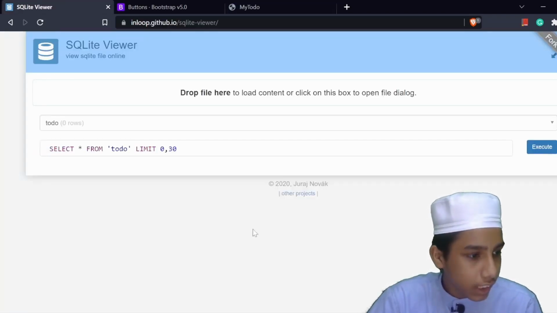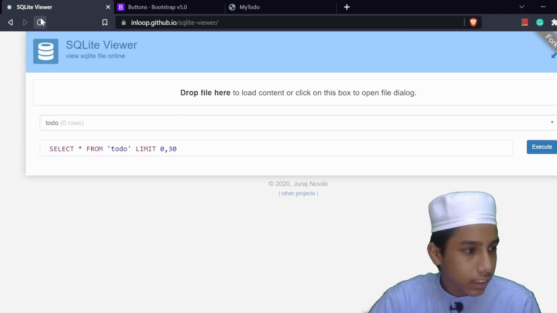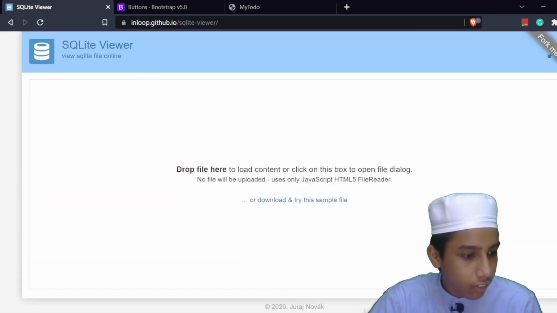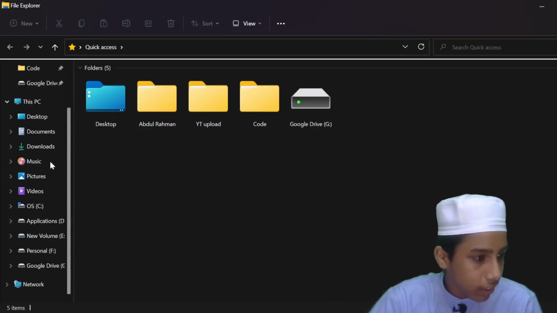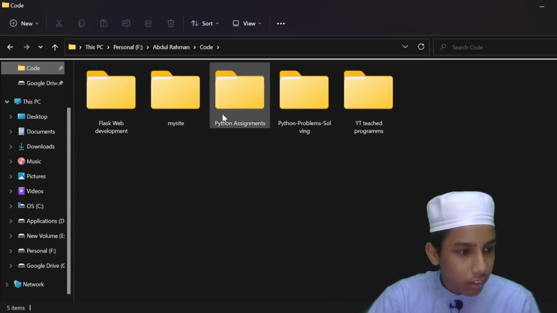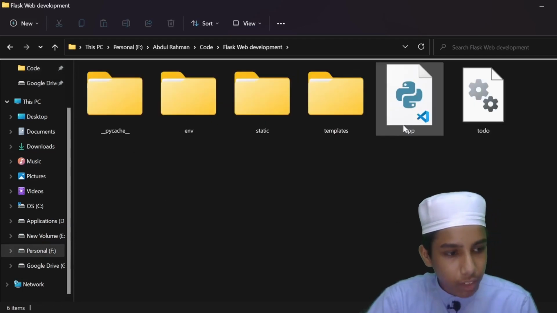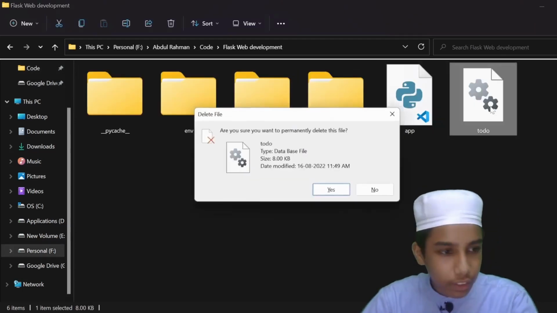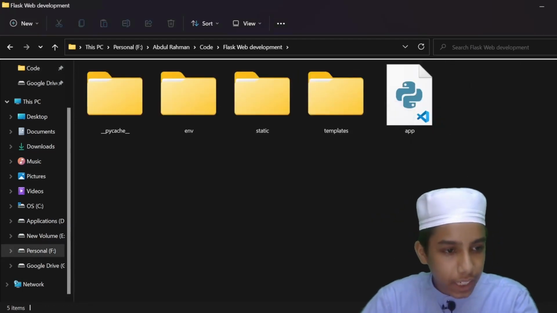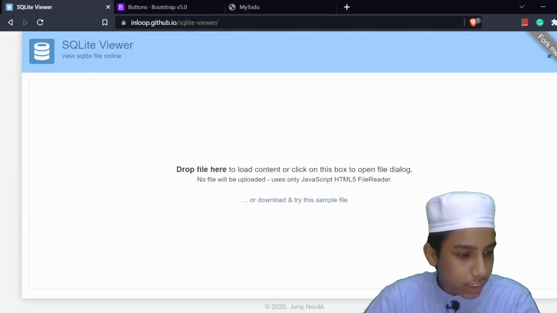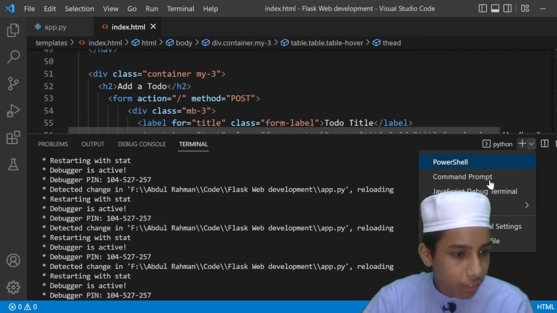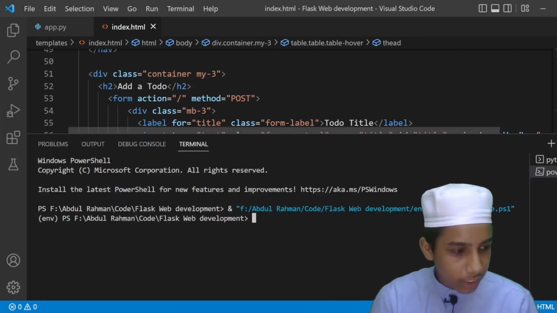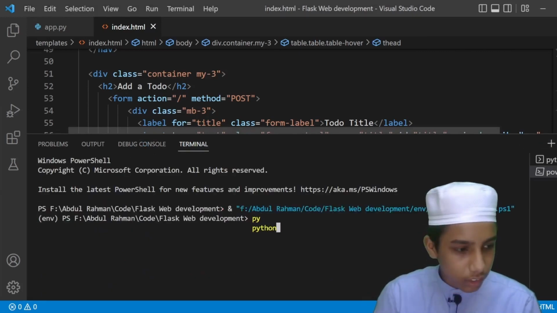Now let's do one more thing. Let's delete this. Now I'm going to delete this database because of all this stuff. So now after some time I'm going to give some buttons like update or delete. So now in here I'm going to open one more PowerShell, and here I'm going to type python,